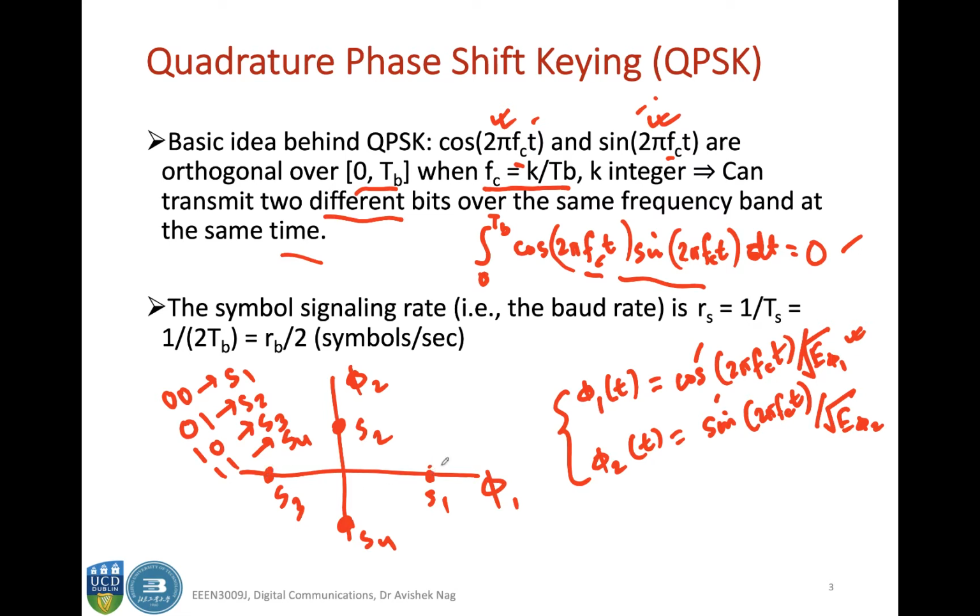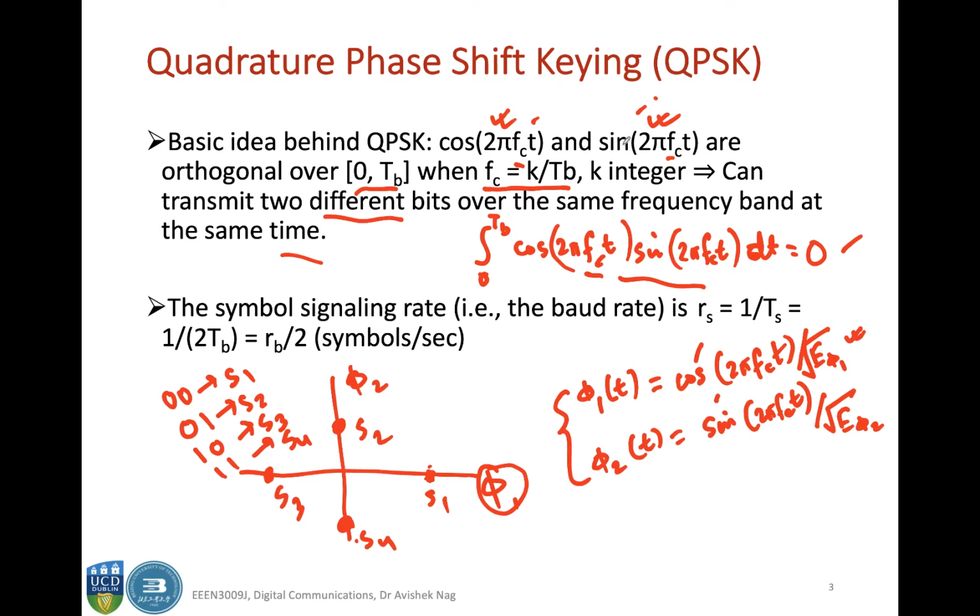Okay, so you are sending S1 and S3 over phi 1. Okay, and then you are sending S2 and S4 using phi 2. So basically you are sending these two signals S1 and S3 over the same carrier, that is your cosine,